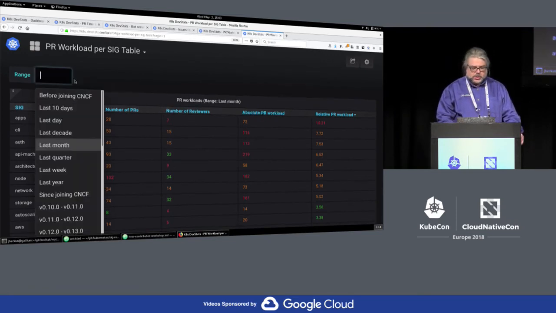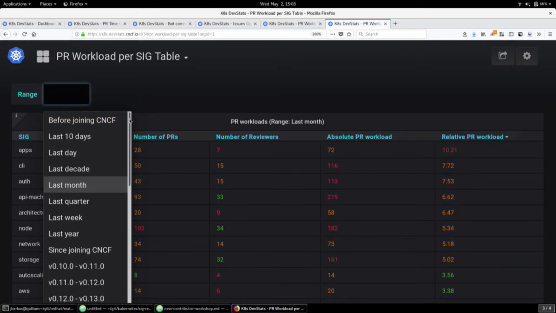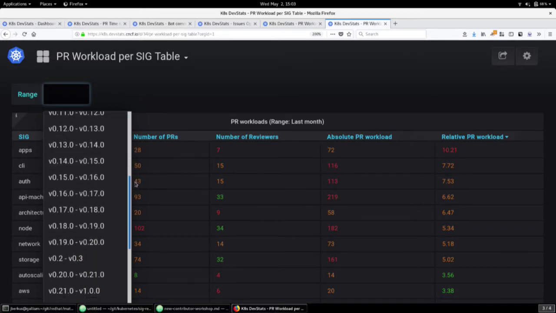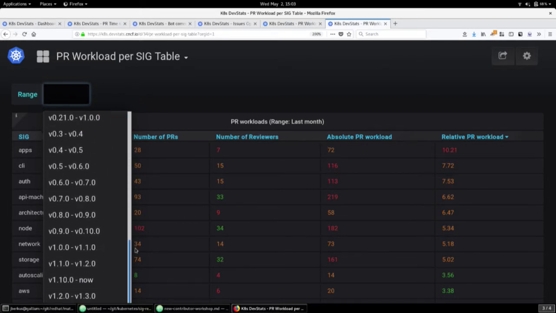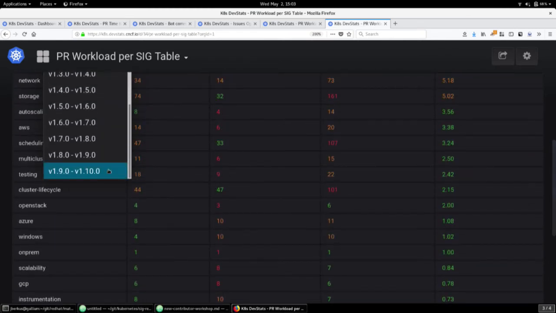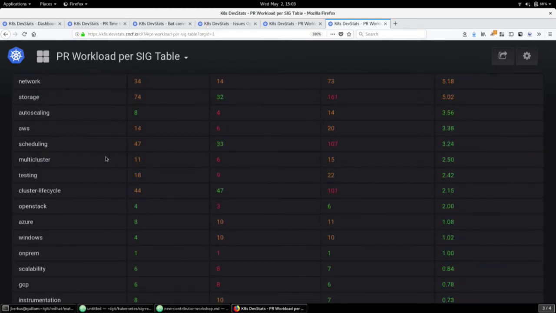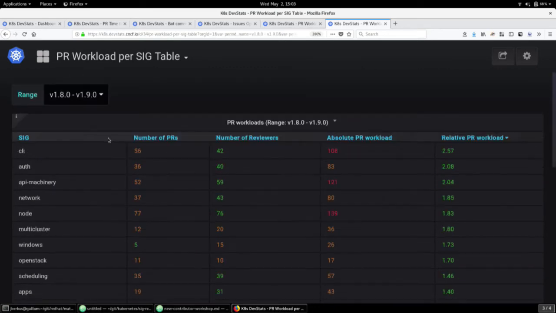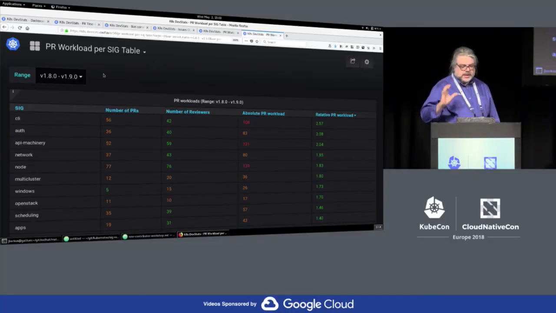For example, like I said, everything here has configurable timescales. So when I was actually looking at this for 1.9, let's look at this in the 1.9 development period. And when we look at it in the 1.9 development period, we can see which SIGs actually have a lot of